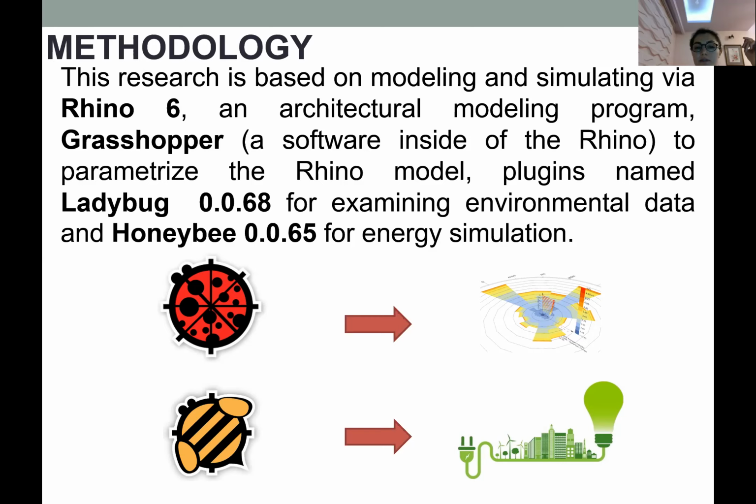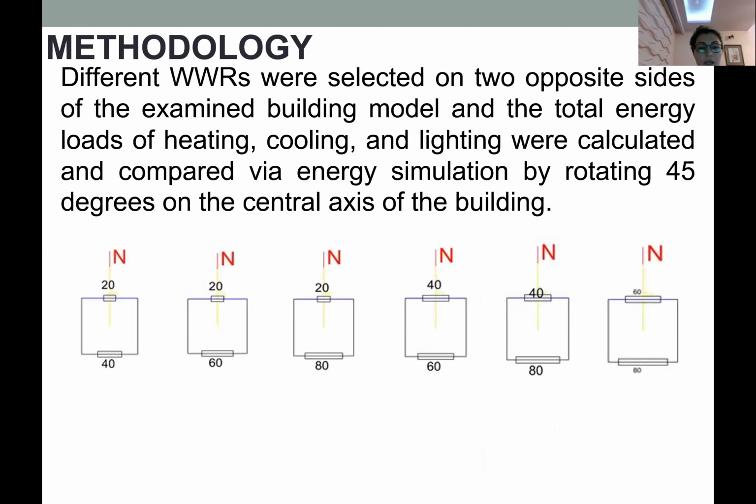To parameterize the Rhino model, plugins named Ladybug 0.0.65 for examining environmental data and Honeybee 0.0.65 for energy simulation were used. And different WWRs were selected on two opposite sides